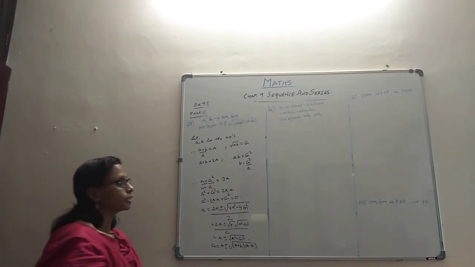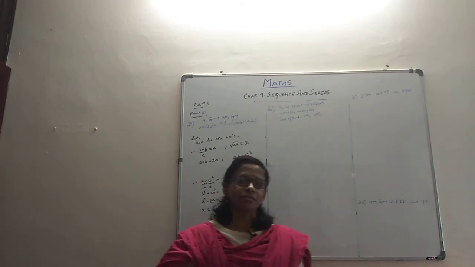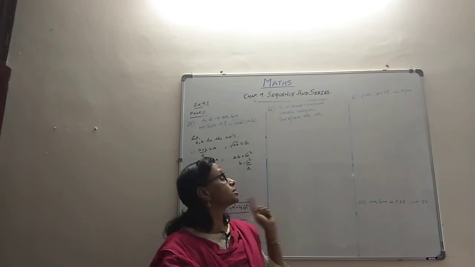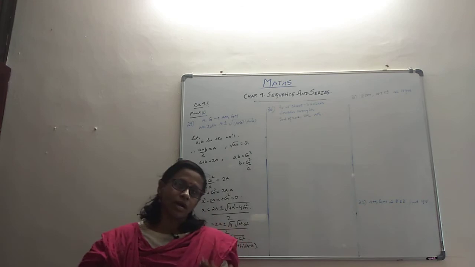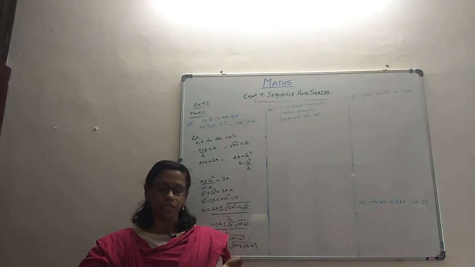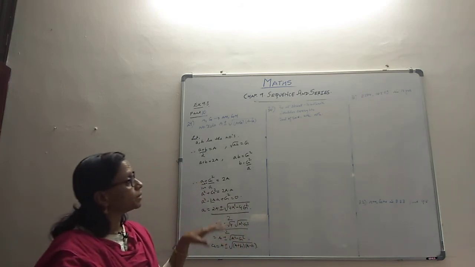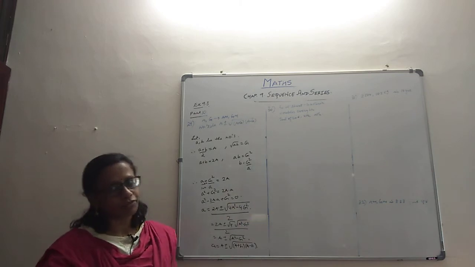Then we come to the 30th problem. The 30th problem tells about bacteria and its multiplication. They say that there is a culture where the bacteria count is 30 at the start. After the end of 1 hour, it doubles. That is being told in the question. They are asking us to find the number of bacteria at the end of the 2nd hour, at the end of the 4th hour, and at the end of the nth hour.